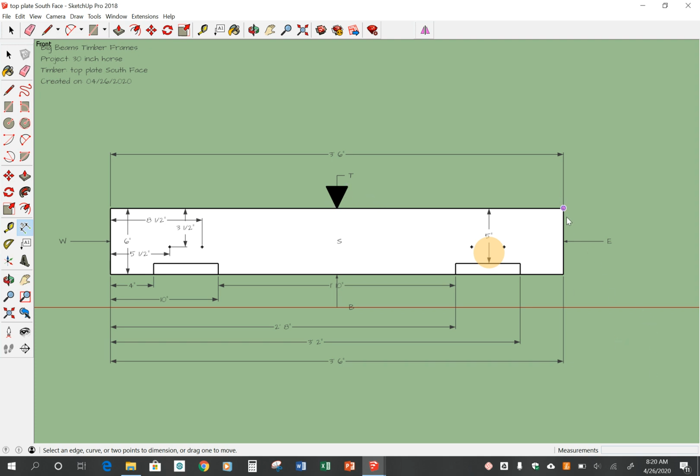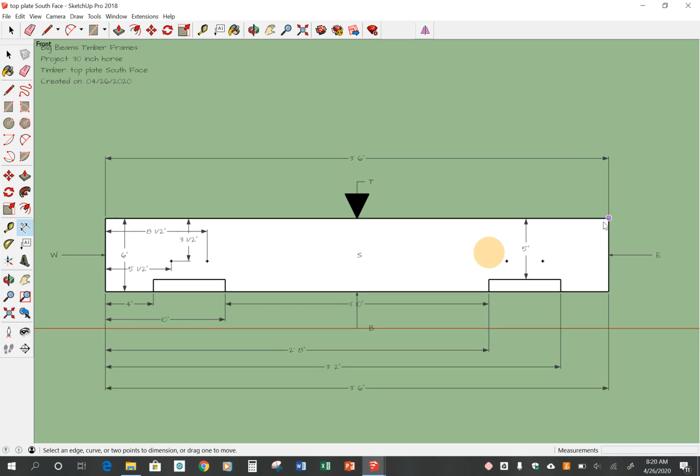This allows you to use an imperfect timber, which almost every timber is. This is supposed to be 6 inches, but it might be 5 7/8 on this end, and 6 on this end, or it might be 6 1/16 on this end. But if you pull your dimensions from a reference face, then regardless of how thick one end is versus the other, you know that the housings are going to be specifically 5 inches down from the top edge. So this is the